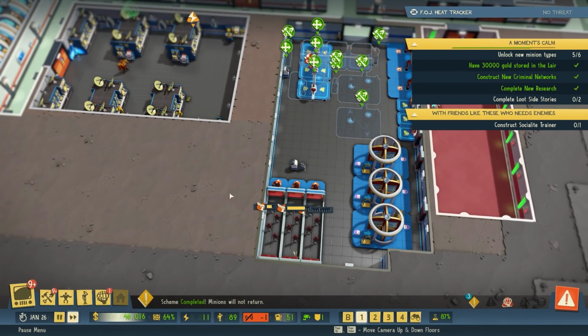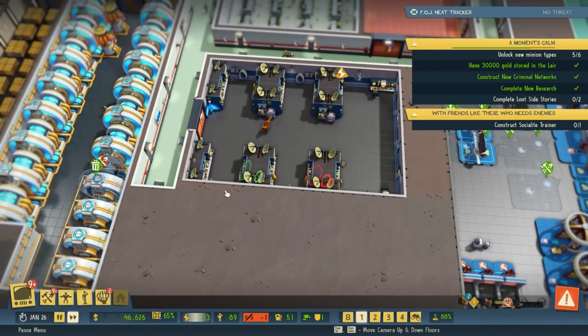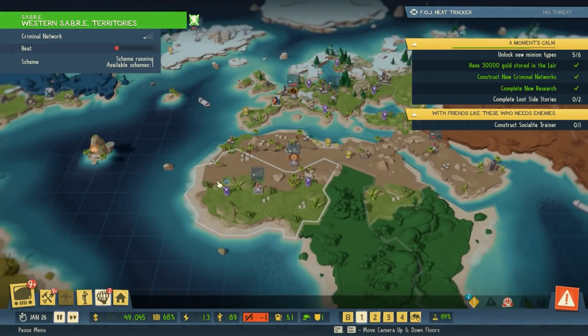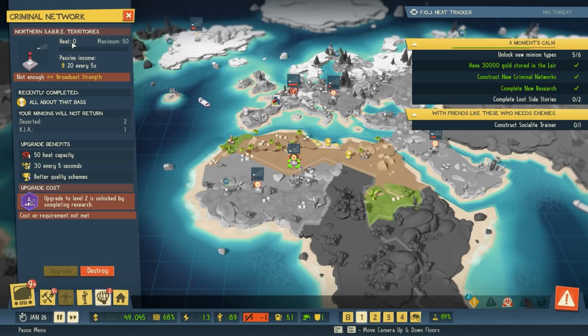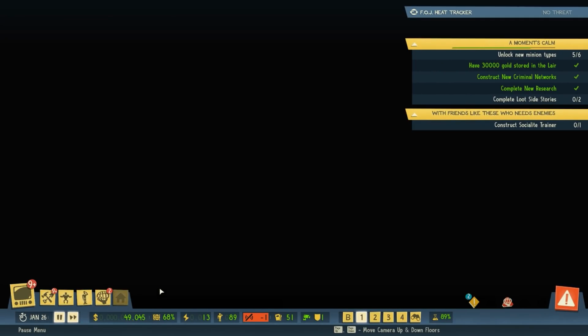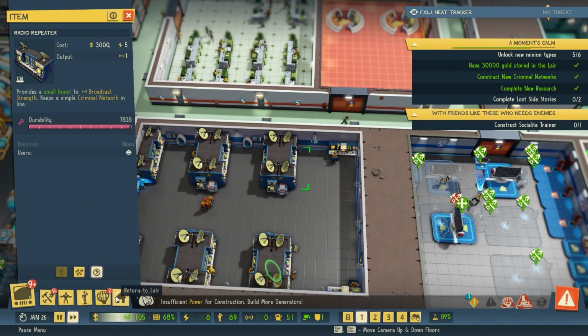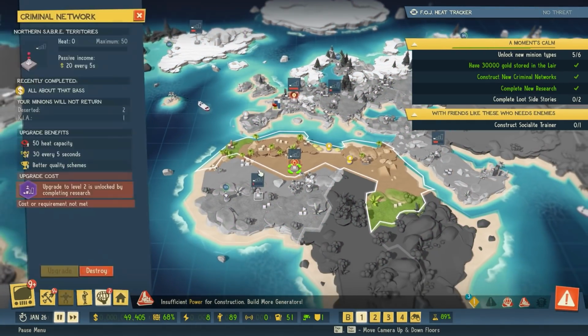And luckily, yes, it doesn't make them move and then move again. That's pretty good. So construct a socialite trainer. That's going to be done shortly. Over here, as you can see, it is now fine. But we don't have enough broadcast strength. I'll turn that back on. This build order will drain all your power and then that supplies should be fine. We can now run